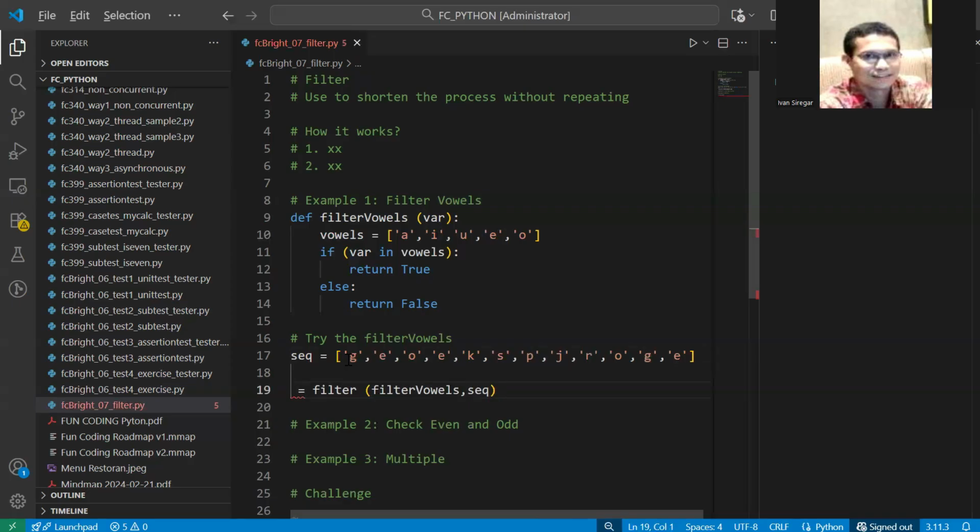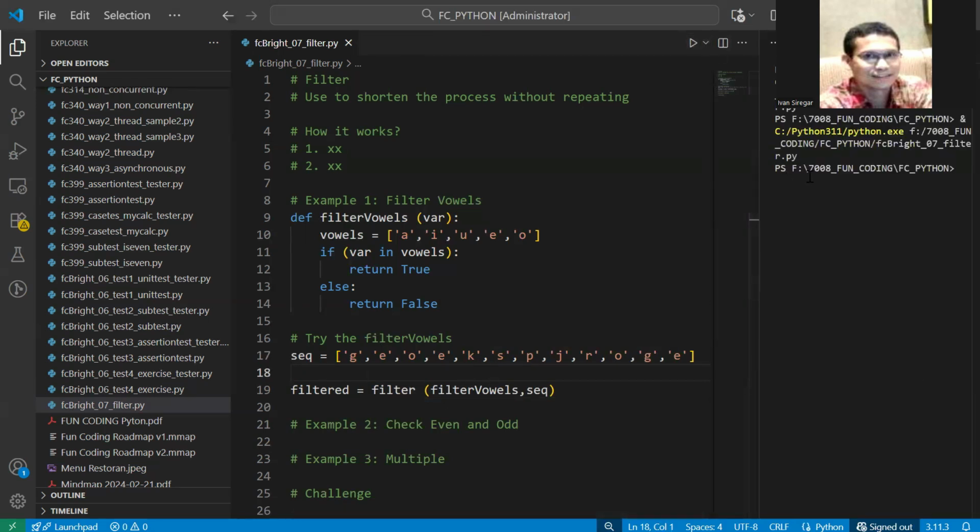I can put this as the filtered answer, just filter, and then you can check the filter later. So by doing this, you can run and everything is okay. And finally, to see the filter, you can just print the filter.